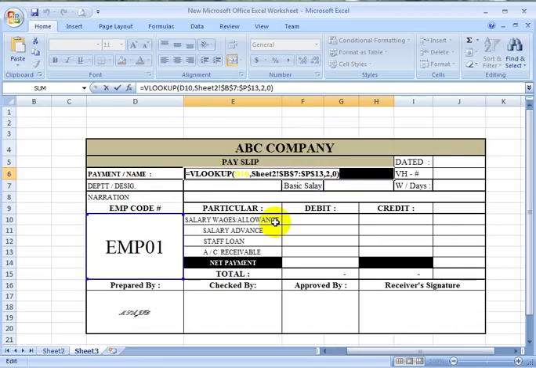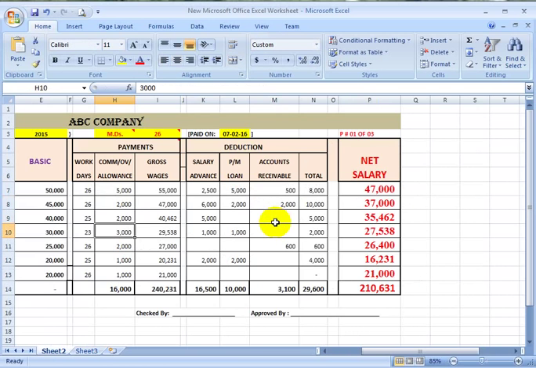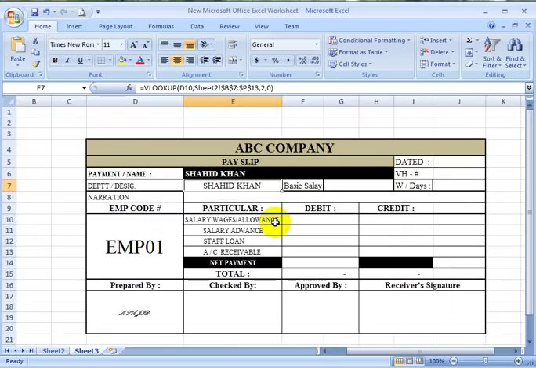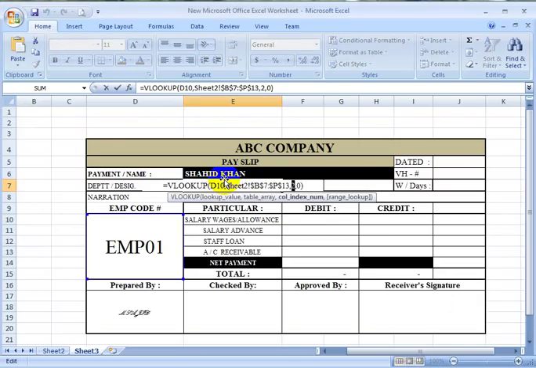Now just copy the formula and paste it in designation and change the column number. Designation is on column number 3. So change this to number 3. So GM.